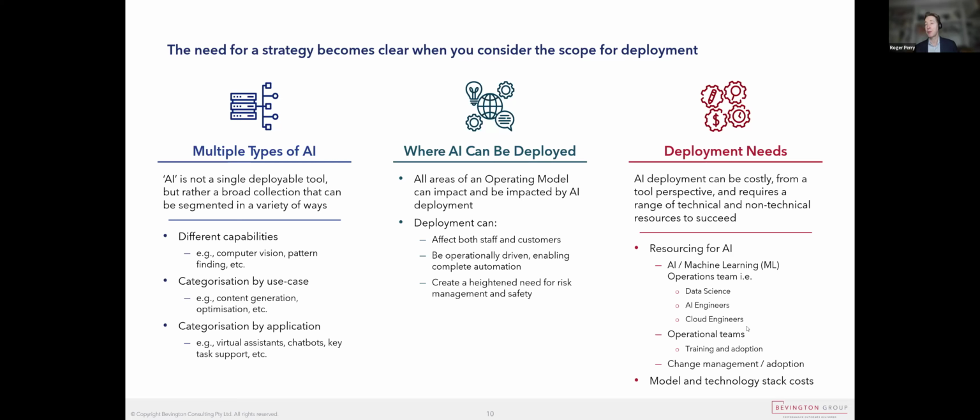So, as I've said, we're including machine learning in the mix here, and I know that's a little controversial for many, but essentially, you may have AI or machine learning operations teams that you need to build. You may need teams set aside, or at least people set aside, to actually train artificial intelligence agents. And of course, training, as many of you will know, is an important part of how particularly generative AI infrastructure works, but other forms as well. And of course, you've got to think about the change management infrastructure that you need to build and model and technology stack costs. There are costs.